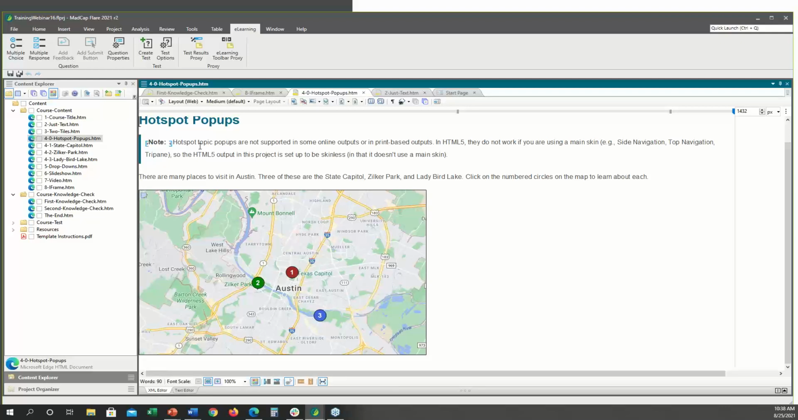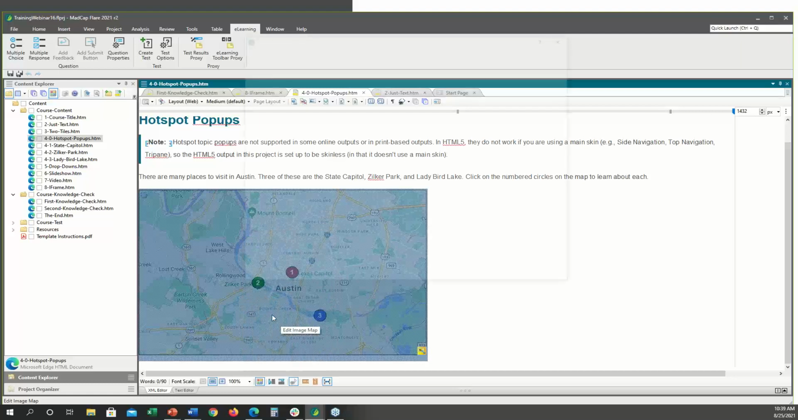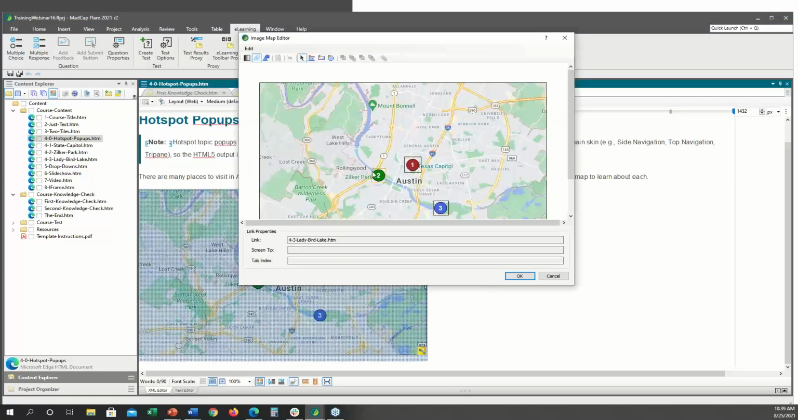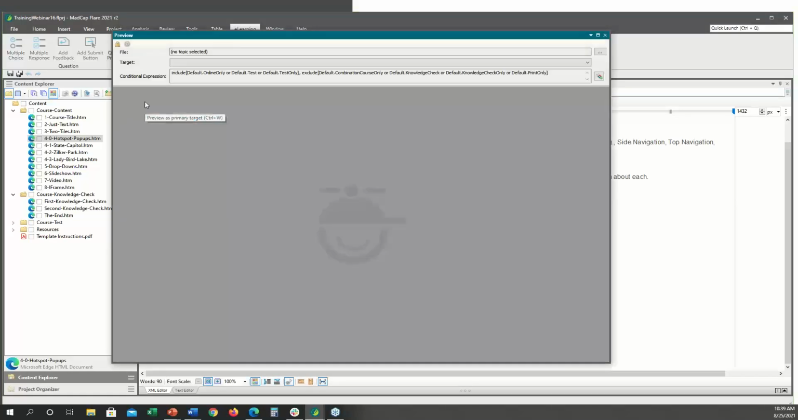There are some things you have to be careful of if you're going to use hotspots, especially if you're doing a responsive design. But if somebody's not familiar with it, there is a technique in Flare where you can go into an image. I haven't done this in forever. Is it image map, I believe? There we go. And you can actually add these clickable areas, and each of those clickable areas can be linked to an additional topic. So if we run this in the browser,